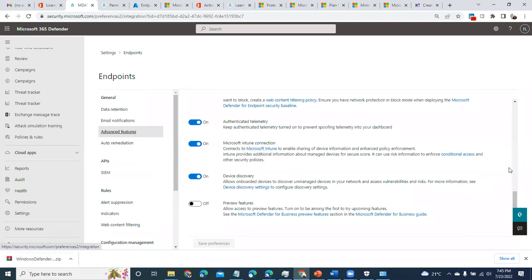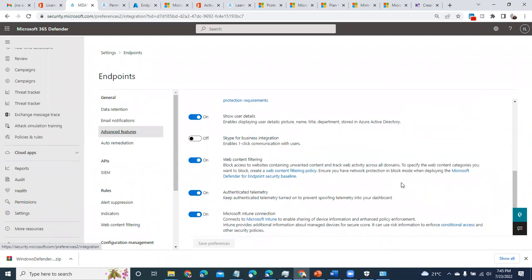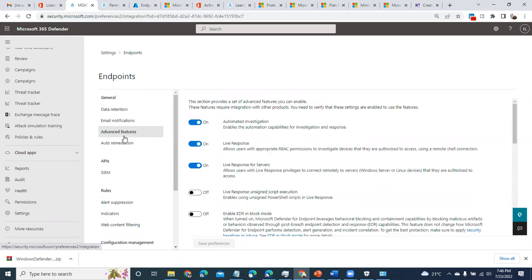This is what connects you to Intune device management. This is what gives you web content filtering, where you can block access to certain websites. This is what shows user display. So please come to the advanced features and enable some of these. But do not turn on live response and unsigned script execution.